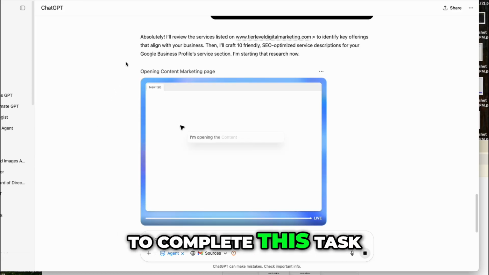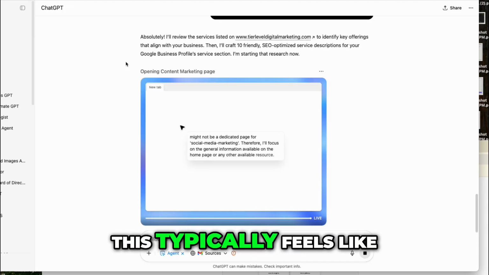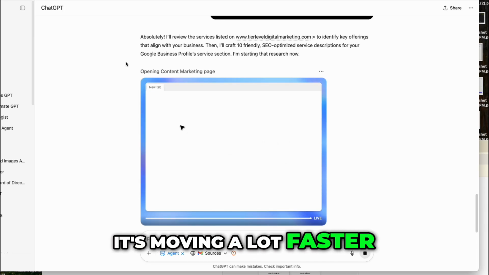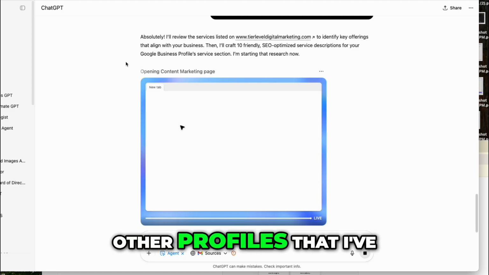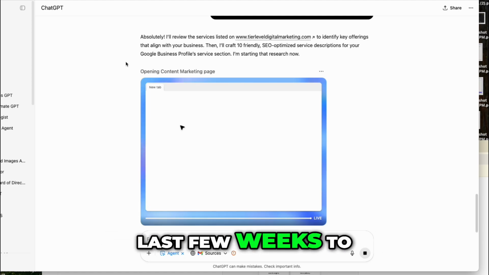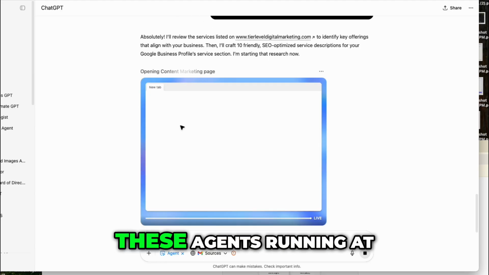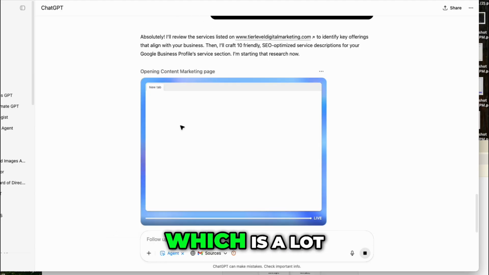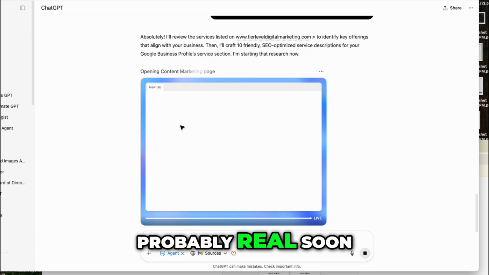To complete this task. Now, like I said earlier, this typically feels like it's moving a lot faster, but this is a full start, like I was doing on other profiles that I've optimized over just the last few weeks to this level. And I will typically have 4 or 5 of these agents running at the same time, which is a lot harder to capture. But we will be doing some more multi-functioning agents probably real soon for you to see